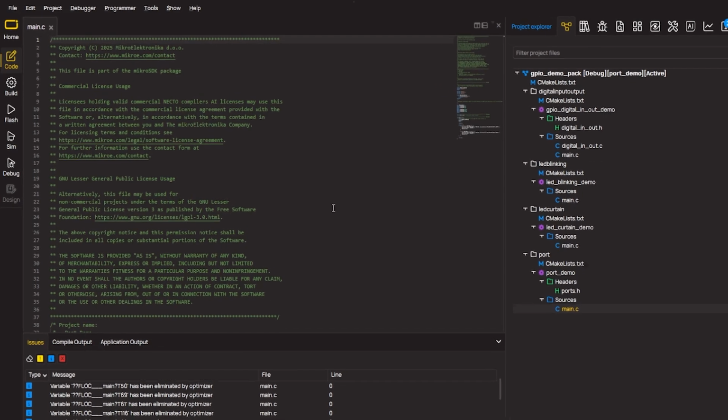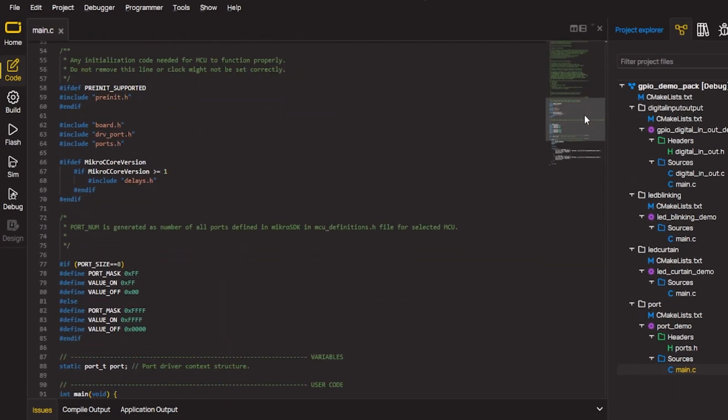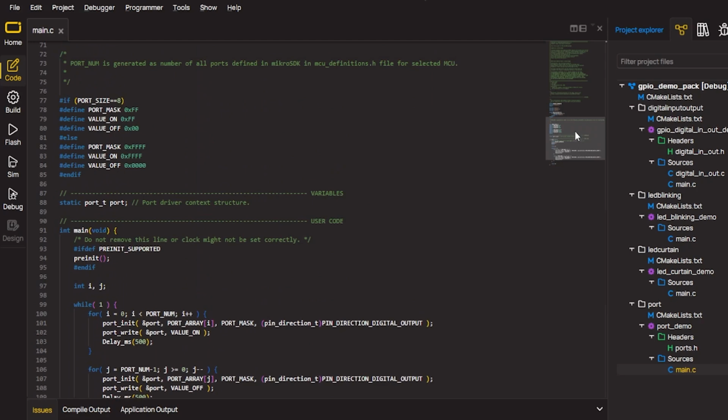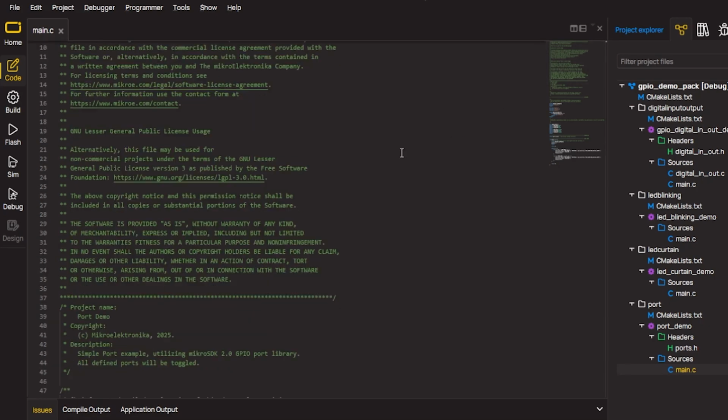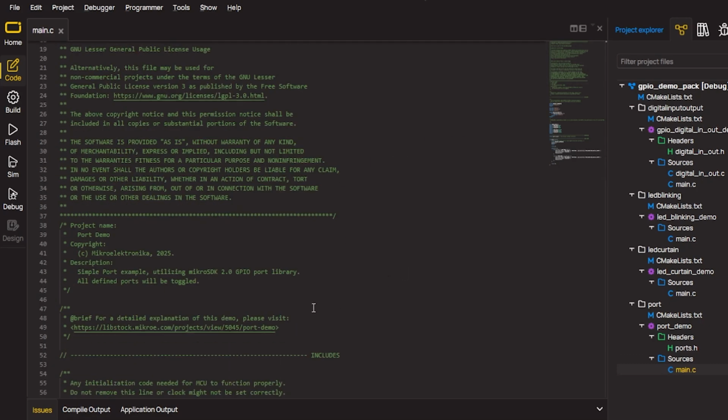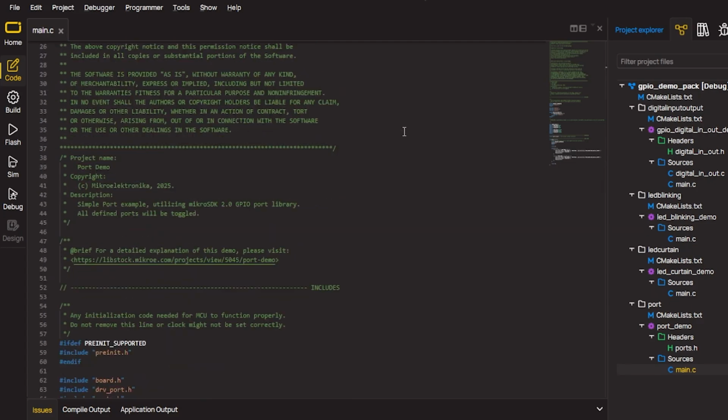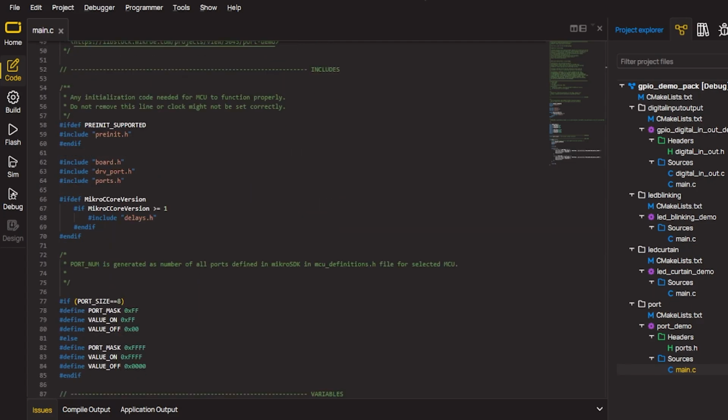Okay, this code may look longer, but do not worry, it is doing something incredibly powerful. It works across multiple architectures without rewriting register level code. Let's go line by line and unpack what's going on here. Okay, we have comments, which is nice. After that, we have